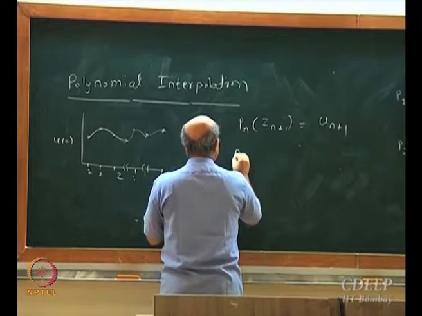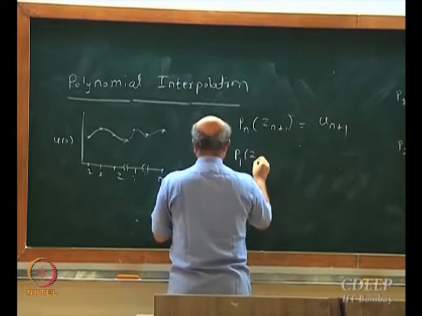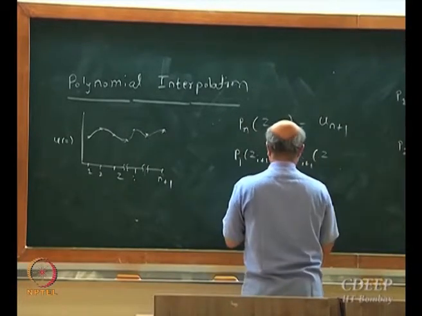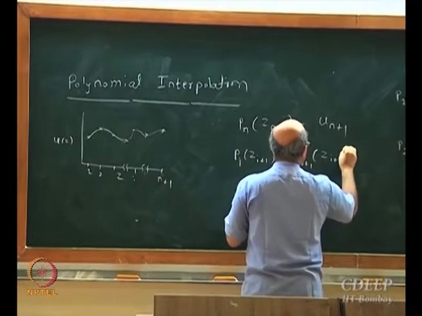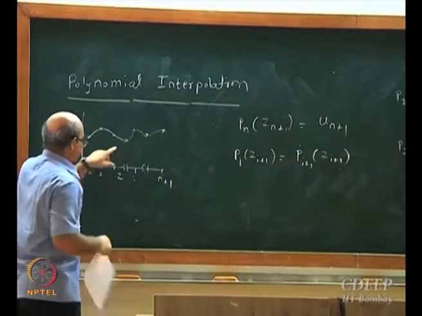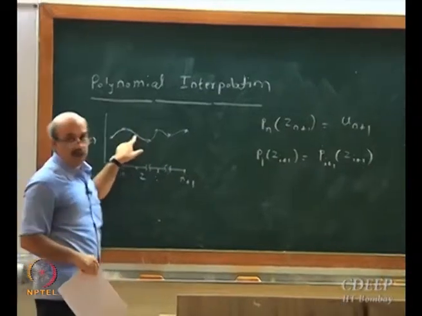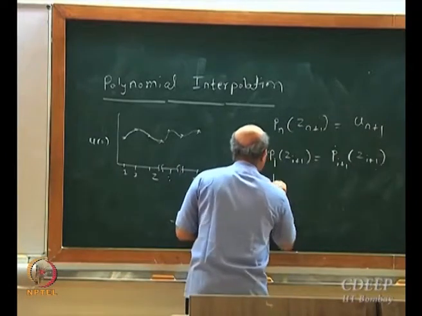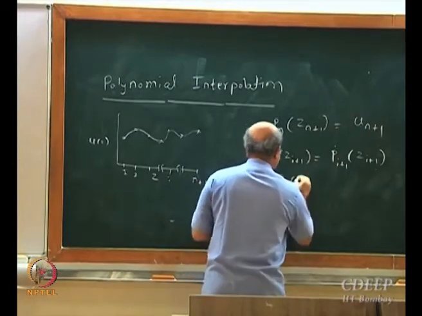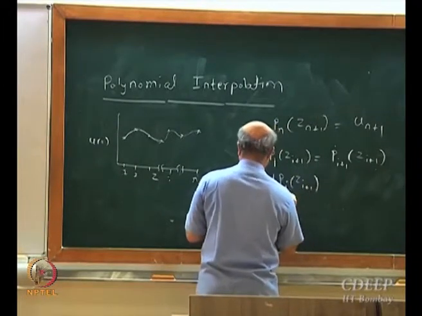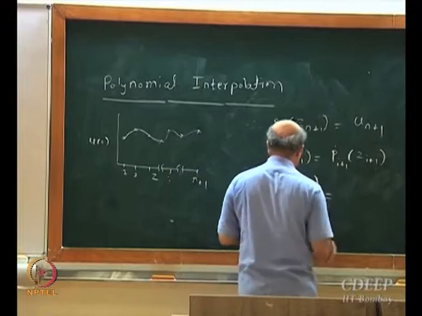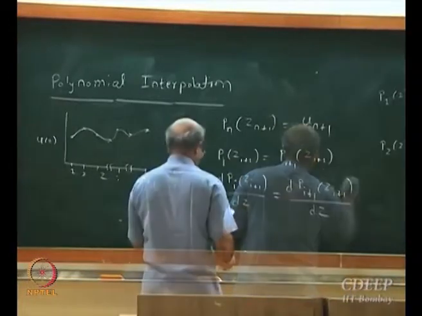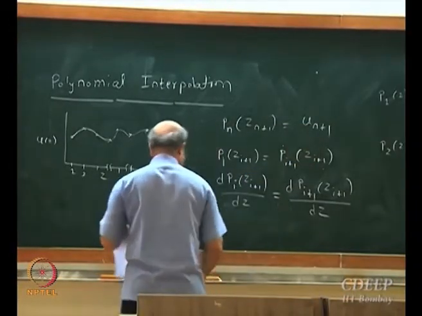Then we have these conditions which are continuity conditions. P_i(z_{i+1}) is equal to P_{i+1}(z_{i+1}). So essentially we are saying that the initial value of this polynomial is the same as the final value of the previous polynomial. Then you have the condition dP_i(z_{i+1})/dz is equal to dP_{i+1}/dz, and the third condition is